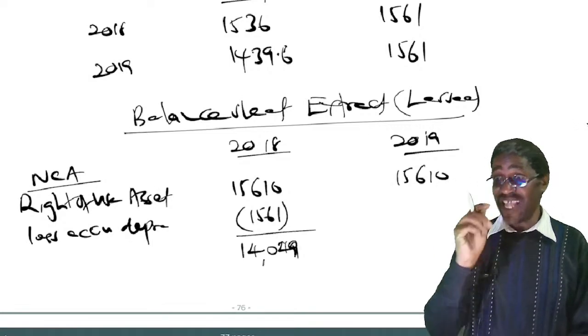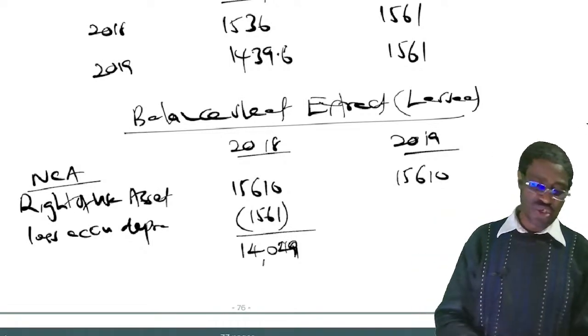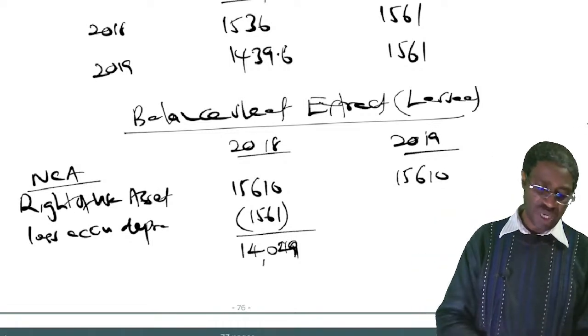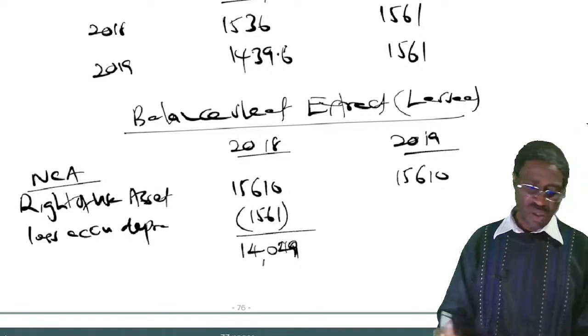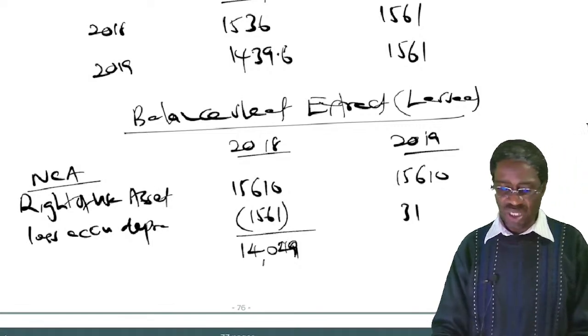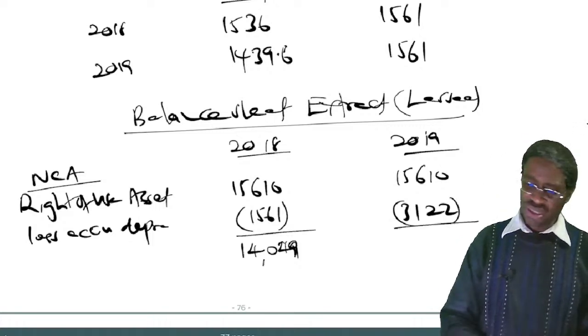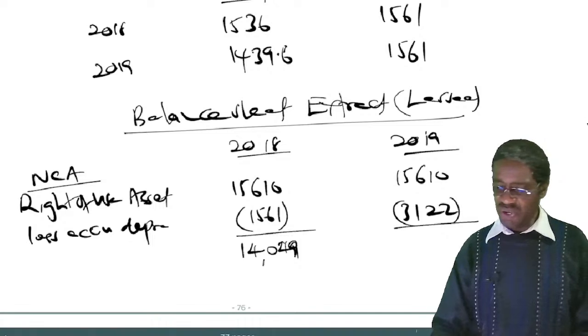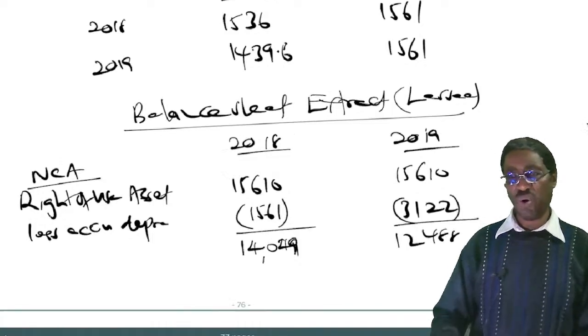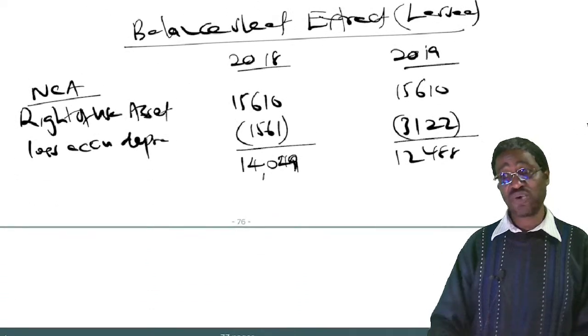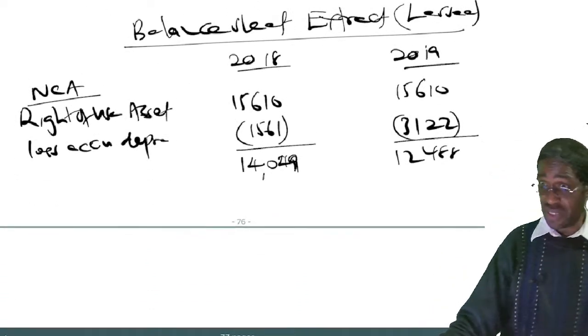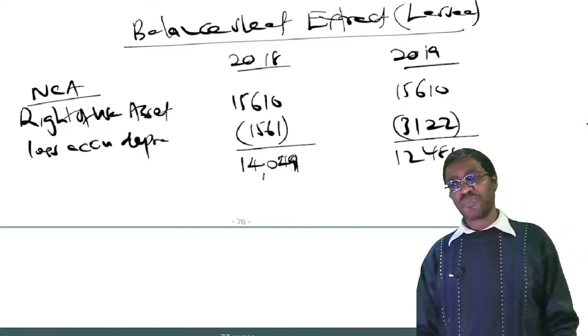Second year I come and say again 15,610. Now I minus the accumulated by end of year 2. So 1561 times 2, what will be the accumulated? 3122. So I take 3122, I minus 15,610 minus 3122. I'm remaining with a book value of 12,488. So copy up to that first. Then I talk about the balance of the liabilities. So copy up to that balance sheet.